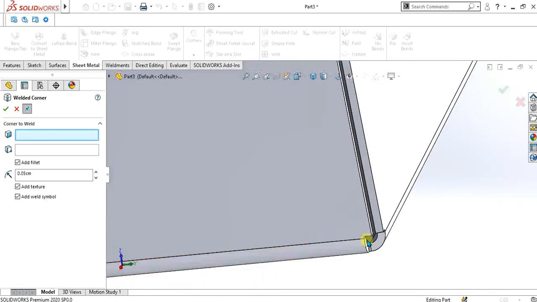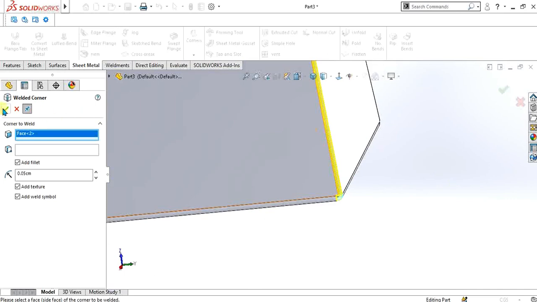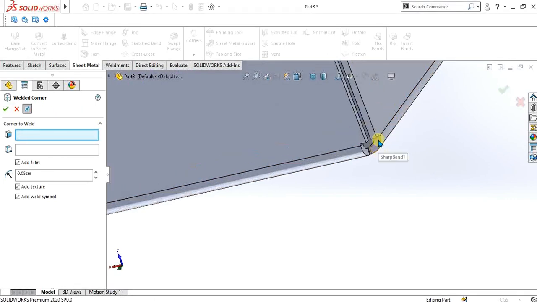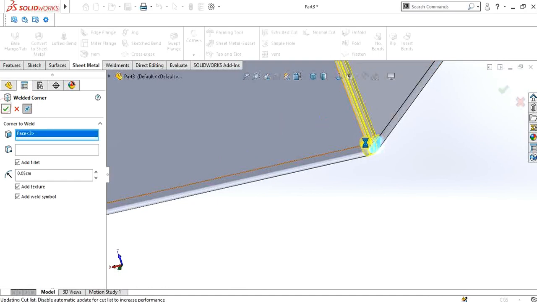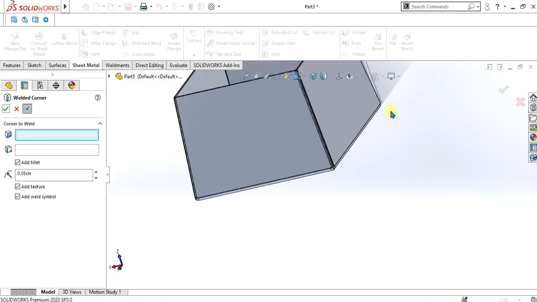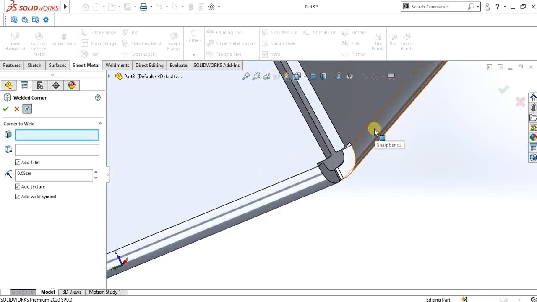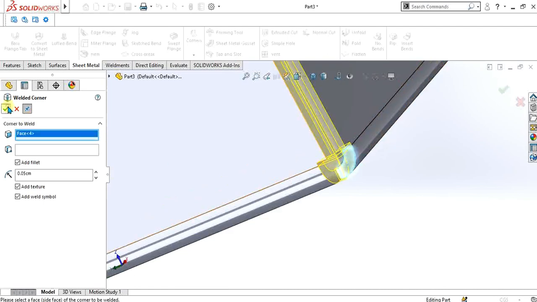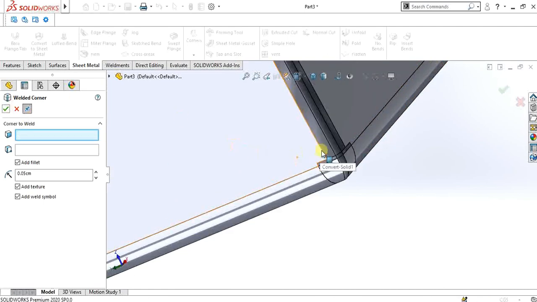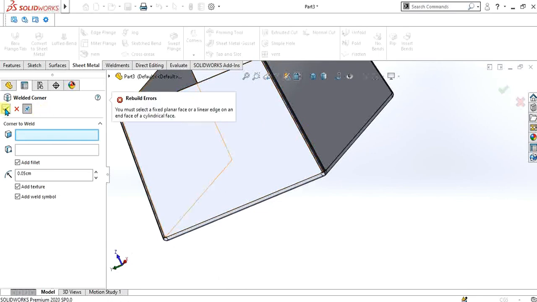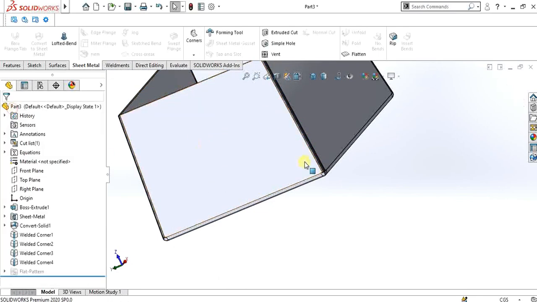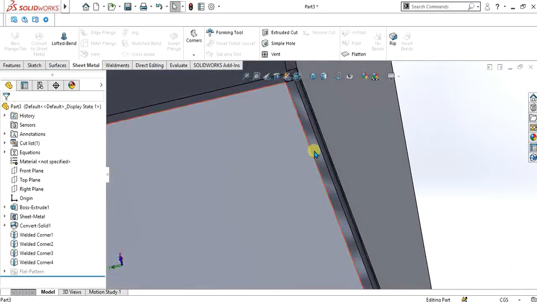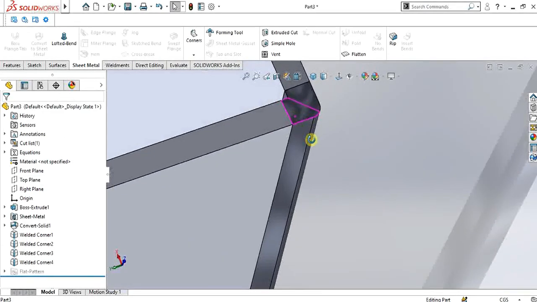Now we can do this weld to all other three edges. So now you can see that our sheet metal is ready for manufacturing.